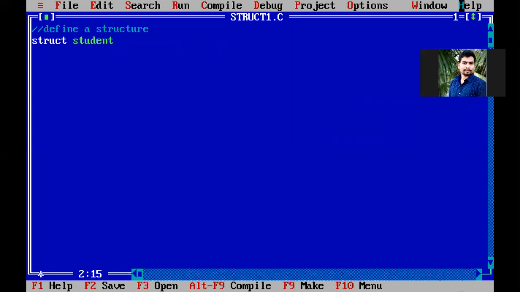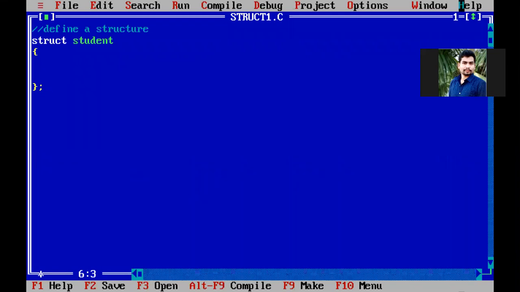You can write class, or when you are talking about employee, you can write employee. The tag name can be anything, but according to the identifier rules we discussed in the first unit, we must follow them. Then you open the brace, close the brace, and you must keep the semicolon.